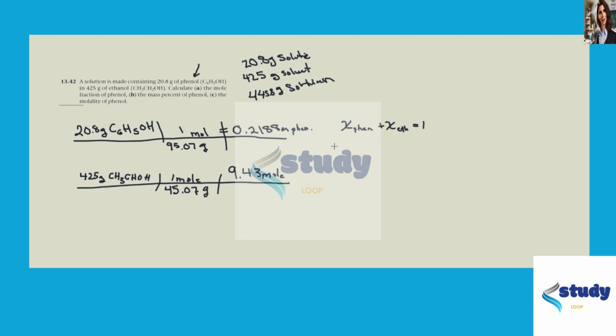One of the other ways that we can do that is we know that the fraction of phenol and ethanol together equal 1. So let's add them both up. So we know that our chi C6H5OH is equal to